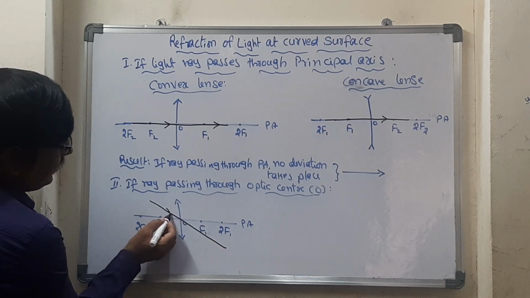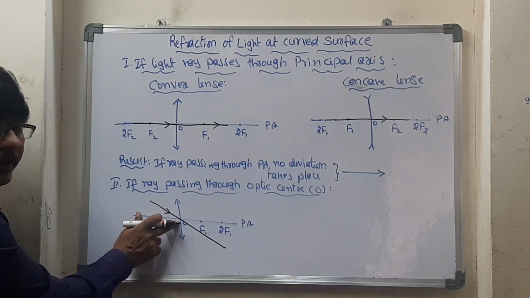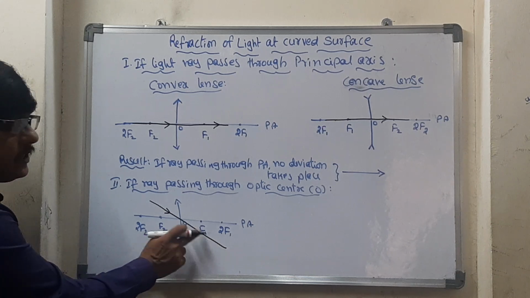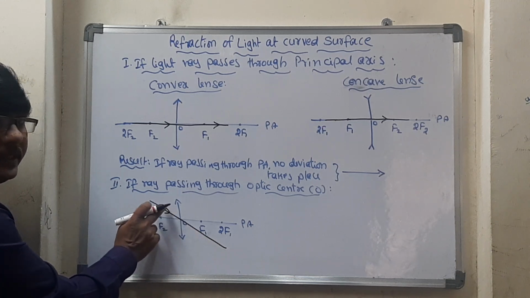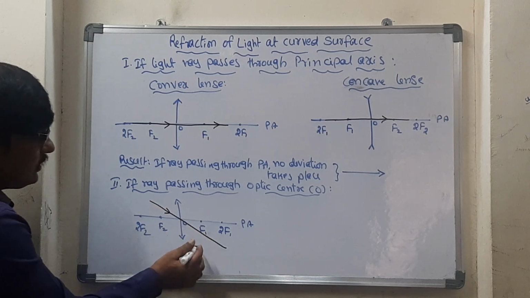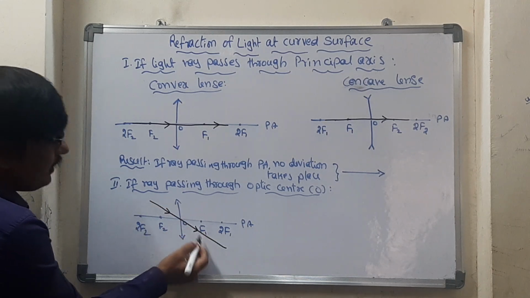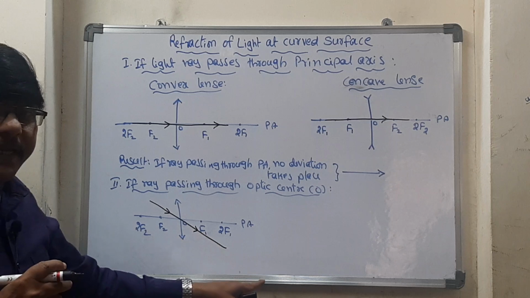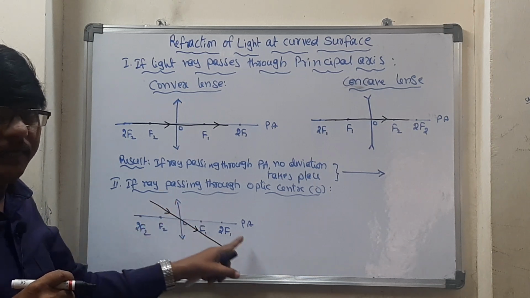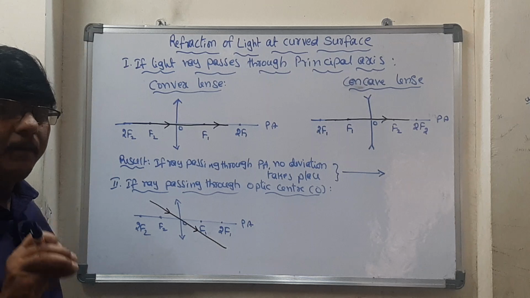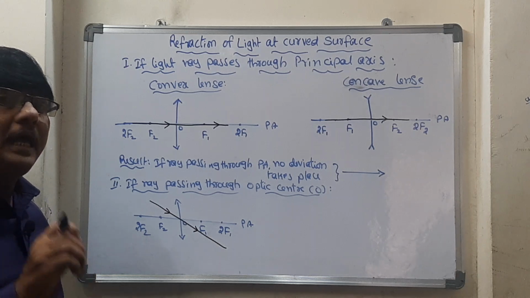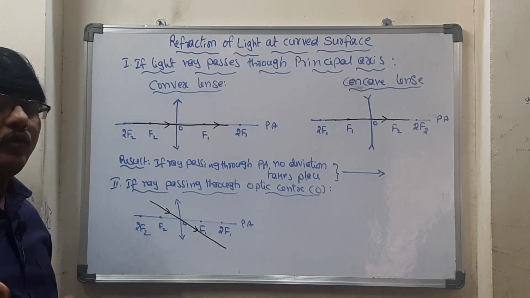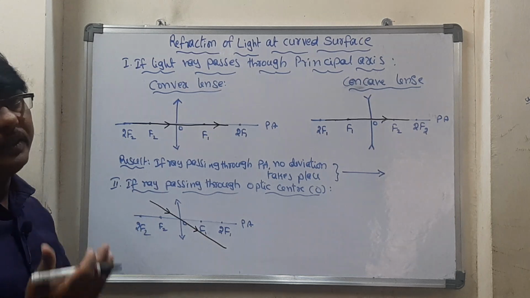The ray enters the lens at the optic center, and how does it travel? Did it change its direction? It did not change its direction. It goes along the same path. So the ray passes undeviated. There is no change in the direction of the light ray after passing through the lens. Even while traveling through the lens, whatever path it had before, it chooses the same path again.